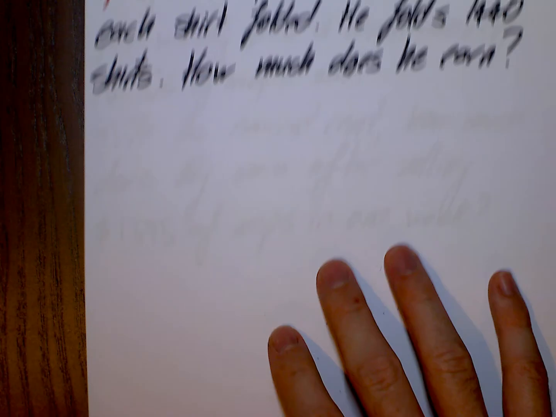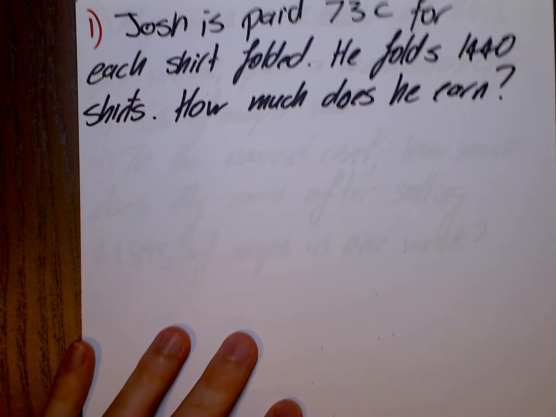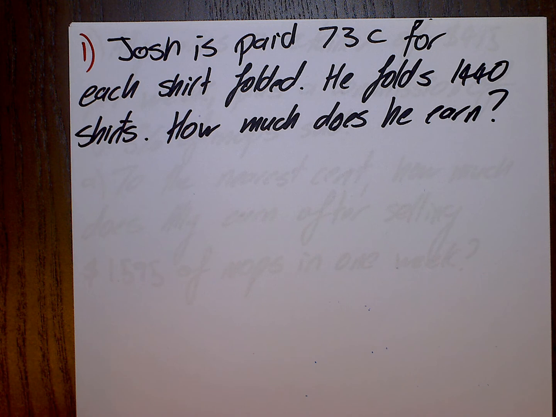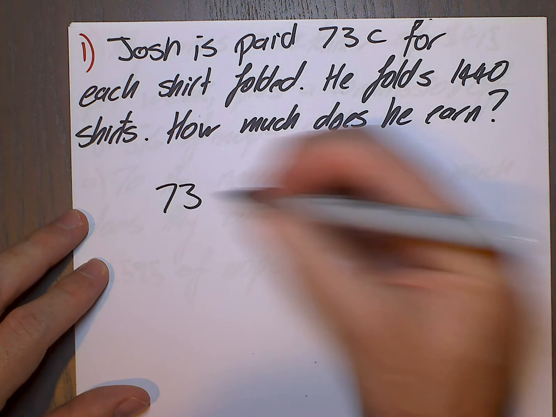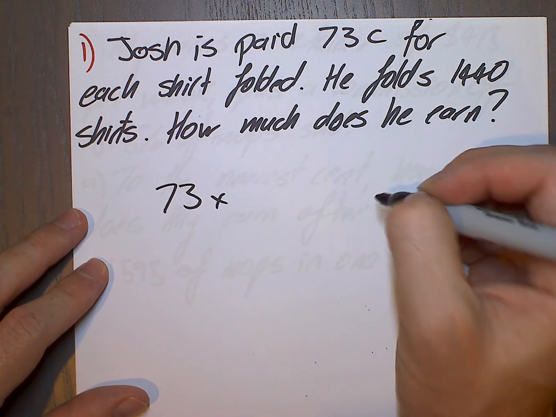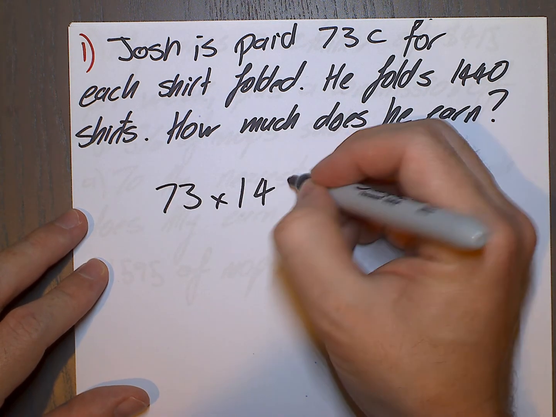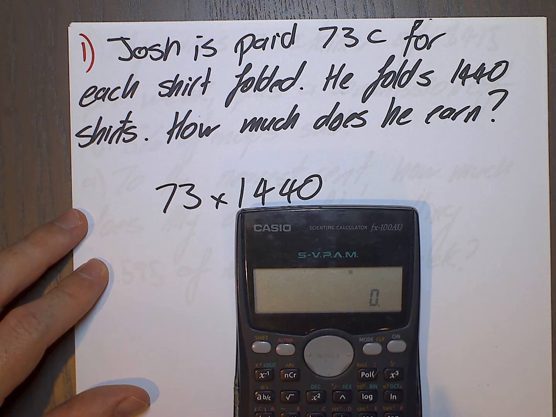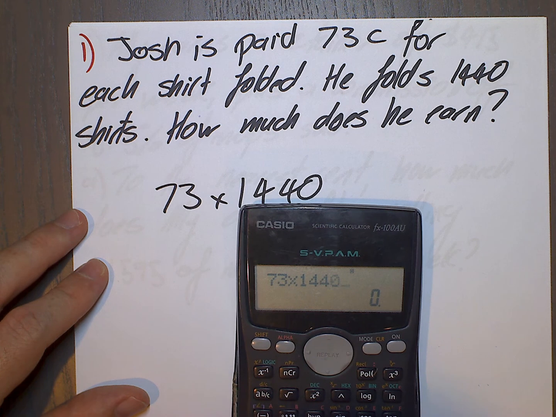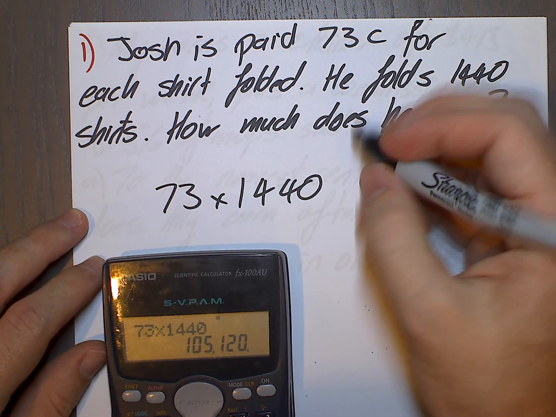So these are from your textbook. Josh is paid 73 cents for each t-shirt folded. He folds 1,440 shirts. How much does he earn? Well, that's easy. Let's go 73 cents times 1,440. Do that on our calculator. So 73 times 1,440, that equals,